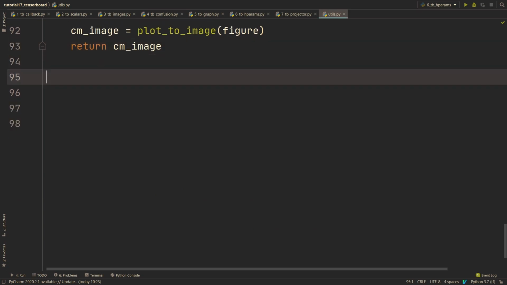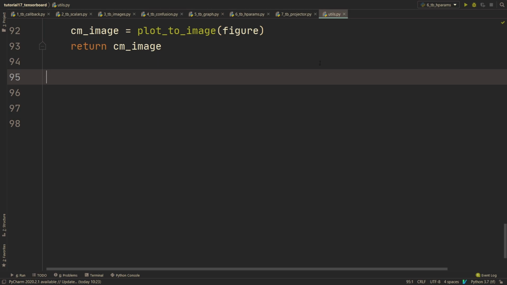First of all, we're going to need something called a create sprite image. And a sprite image is essentially that we're going to take the input xbatch, and we're going to create a sprite image. And a sprite image is that it's going to have one image with all of the images in that batch